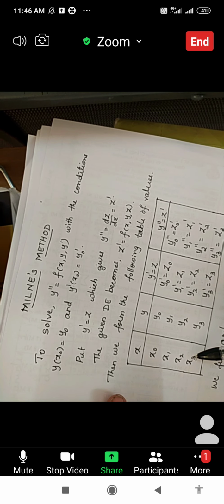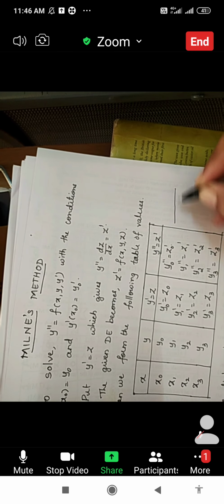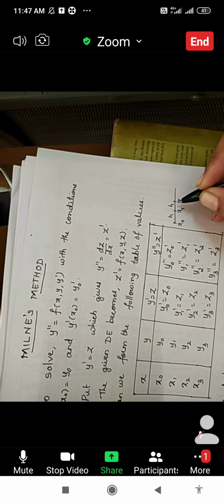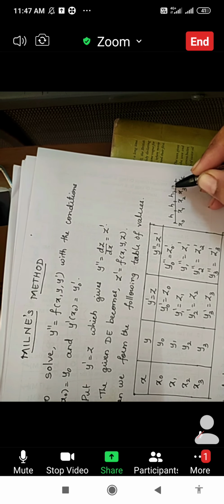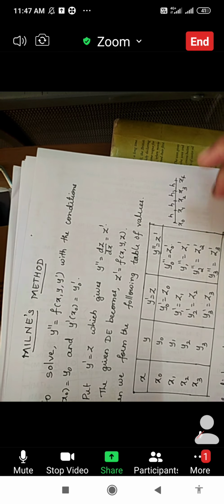Yeah, there should be a common difference. Means here, if you take the first value of x as x naught, the next value of x should be obtained by adding h to that. So this is x1. Again, take the same difference h, and you will get x2. Take again the same difference h, this length, that may be 0.1, 0.2, whatever it is, this is x3. Next, x4 is nothing but again adding the same h. So this is to be followed for x. We cannot take any arbitrary values. And don't worry, in the example it will be given like that.